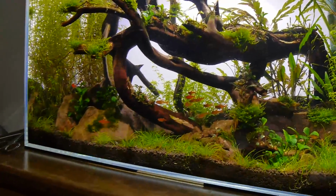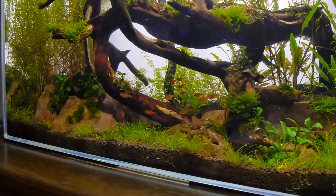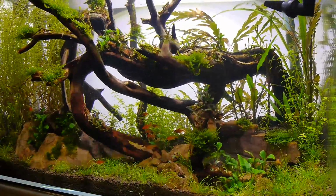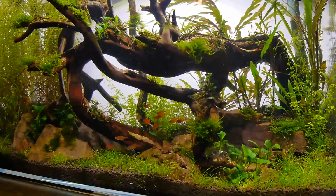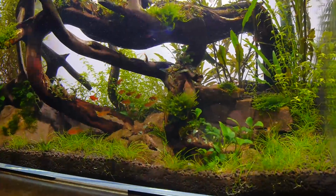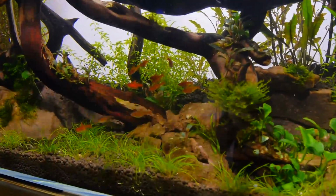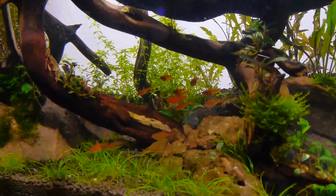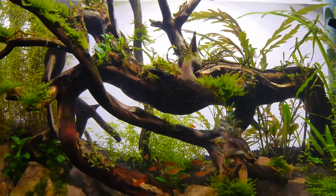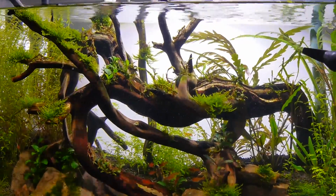So if you do have medium to high light, you want to start out with running the lights for only about 5 to 6 hours and then slowly increase your lighting over time as the plant density goes up. But if you are running low light, a lot of the time you can start out running the tank between 8 to 10 hours. So basically my Bucephalandra and a bunch of the other plants got a bunch of algae